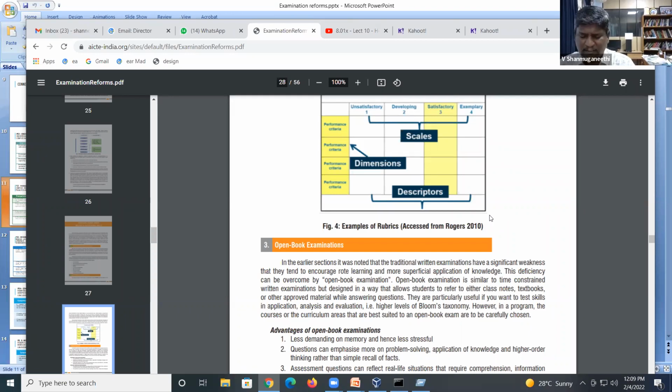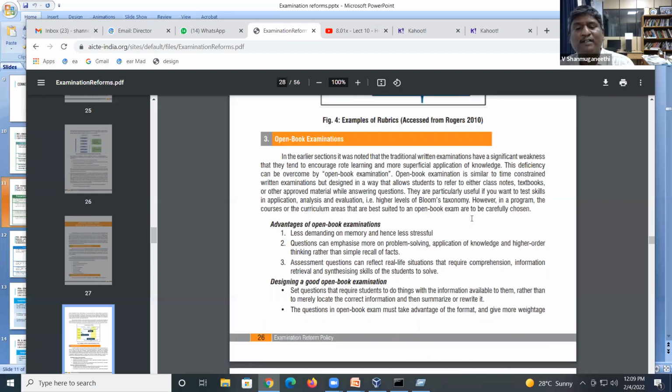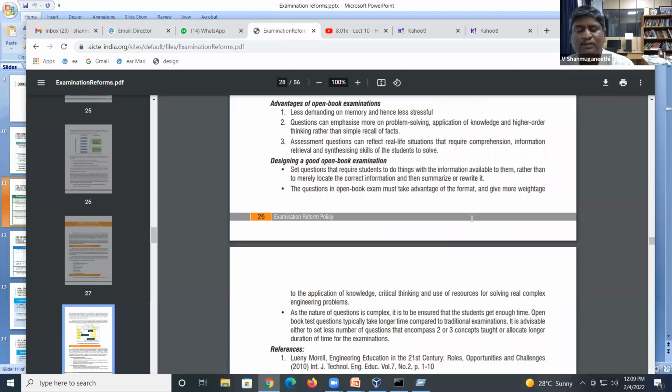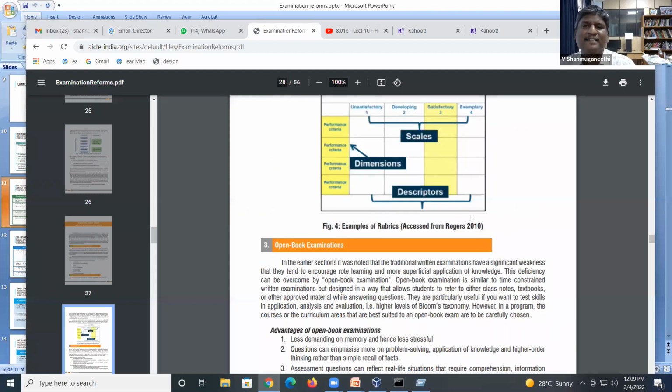The question paper will bring the true score of the student, and they have also explained the qualitative assessment through rubrics. The rubric is a very good scoring instrument for assessing the performance of an individual. So with this, I will conclude the session. If you have any question, I can answer, because I keep on talking. It's a very simple concept.